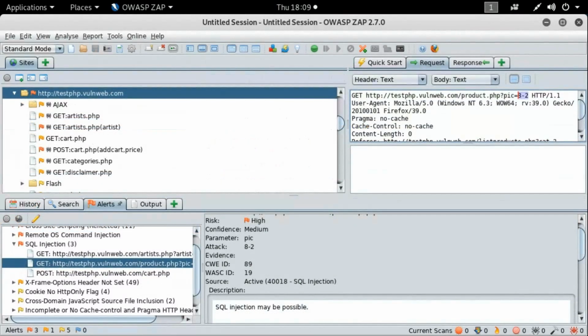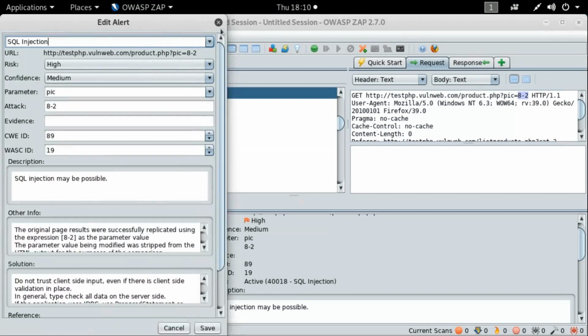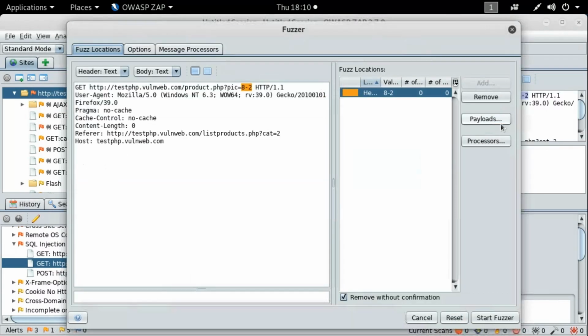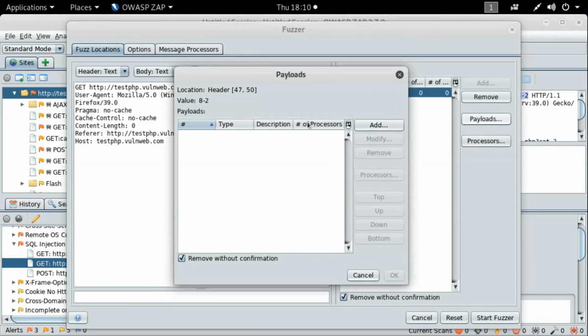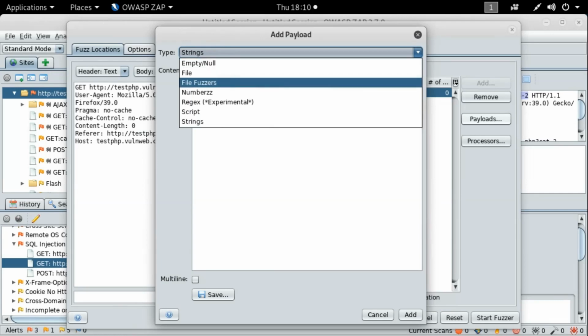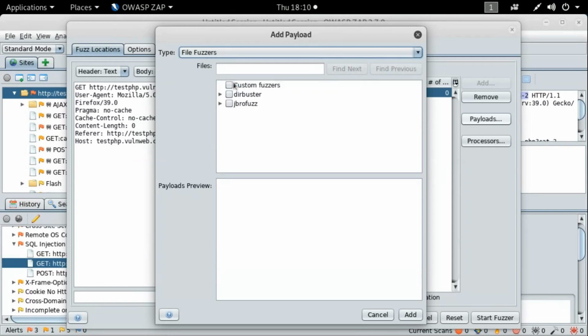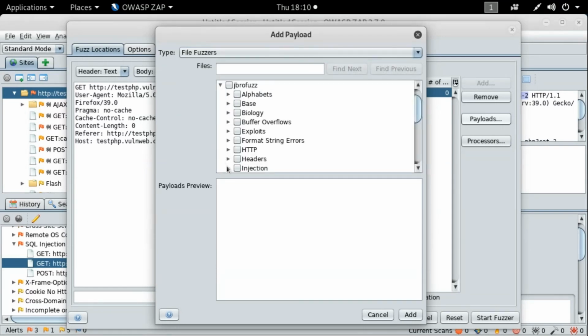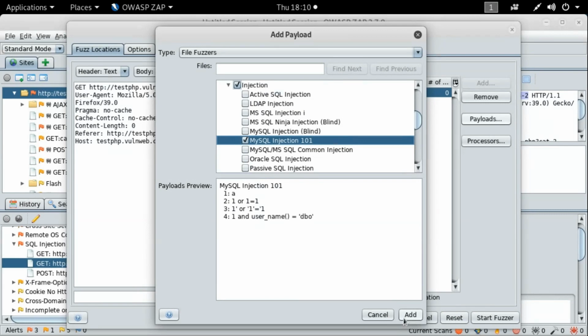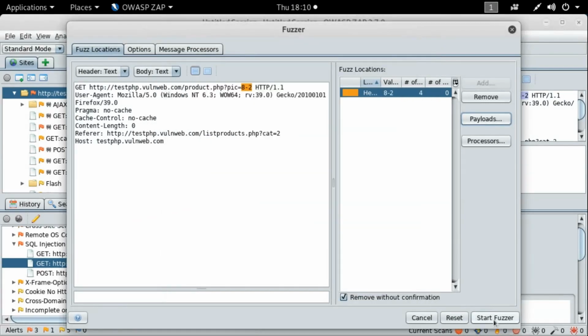Regarding the SQL injection alert message, we're going to be looking at this specific issue, which is the product page. If you double click on it, it will give you additional information about the alert. We're going to be fuzzing this specific page with this parameter. We're going to add the payload, which is the SQL injection. Fuzzing is sending malformed input data to the application. We're going to be using the SQL injection 101,